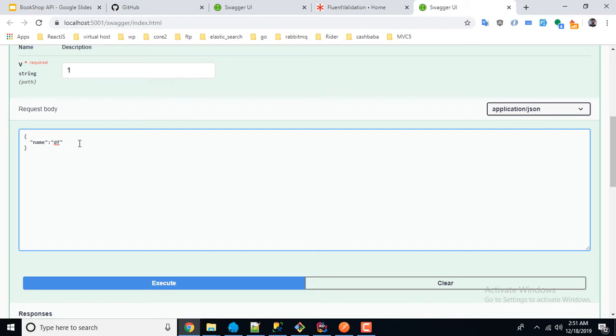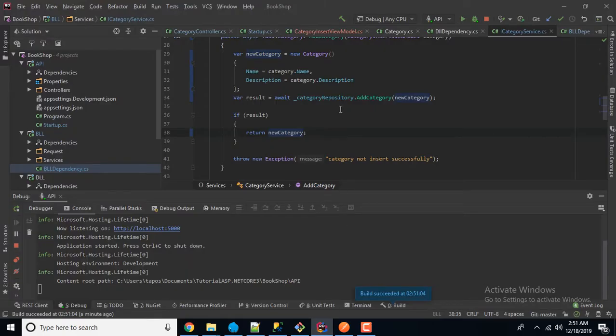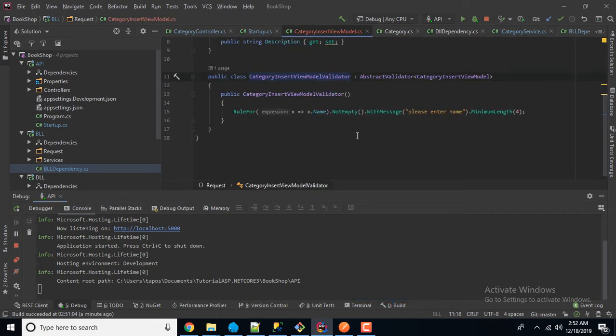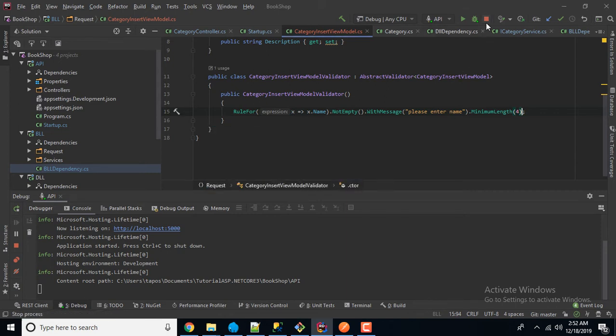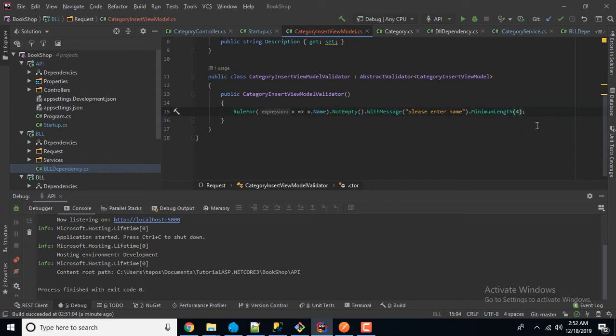So for our validation, I need to add another part to check if anyone writes a category name which already exists in the database, then tell me this type of name is not possible to insert. How can I manage it using Fluent Validator? Okay, minimum length dot, no stop, dot with message,